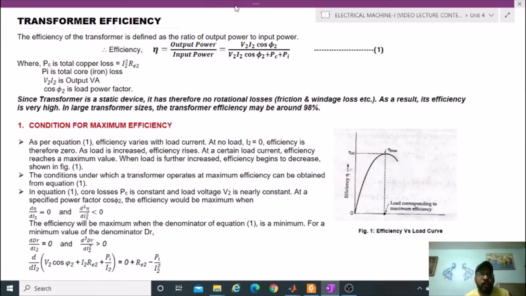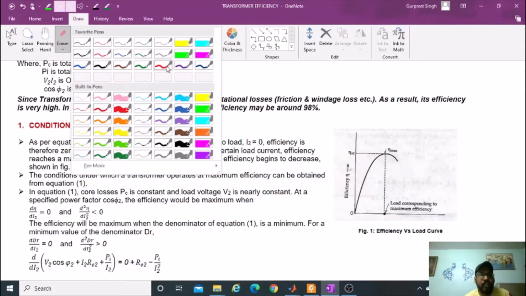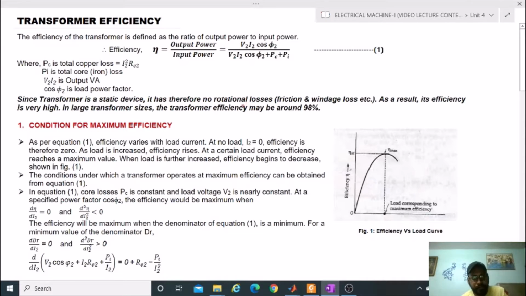So talking about the efficiency, as we all know, efficiency can be defined as output upon input. And in case of a transformer, it can be defined as output power upon input power. So as we know, the output power of a transformer is V2 into I2 cos phi 2, and the input power can be written as equal to output power plus losses. So the denominator can be written as output power plus losses, and losses are of two types as we know,